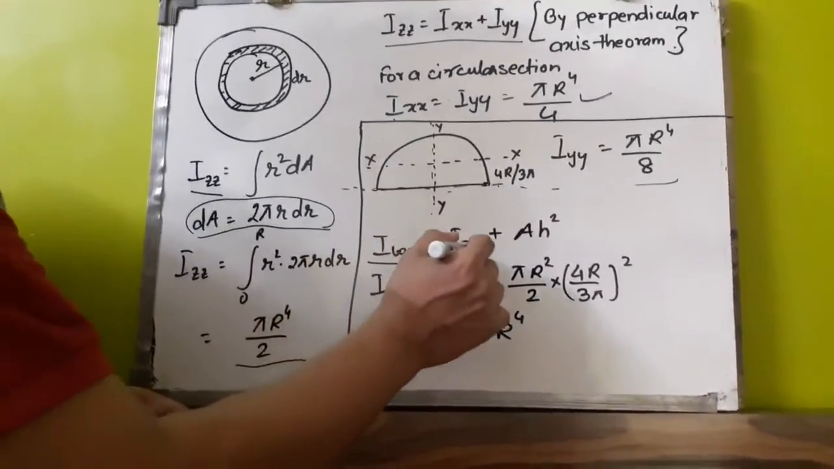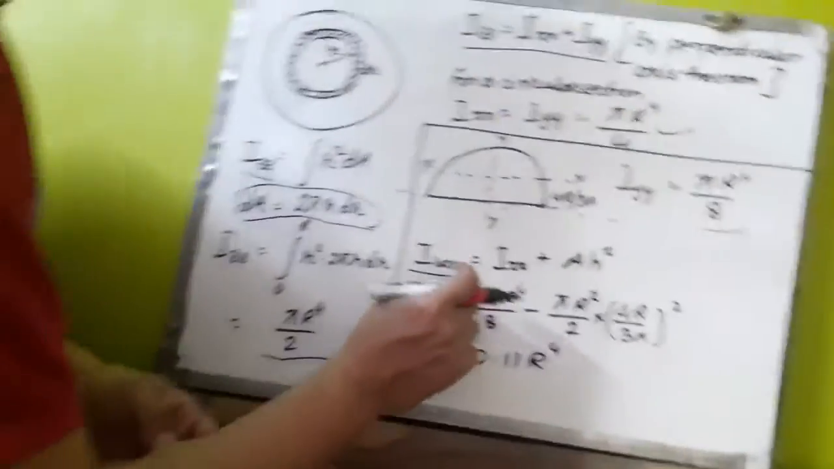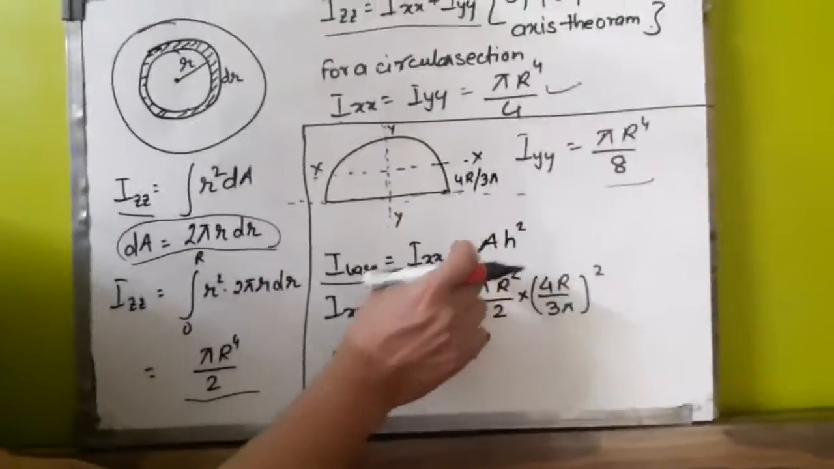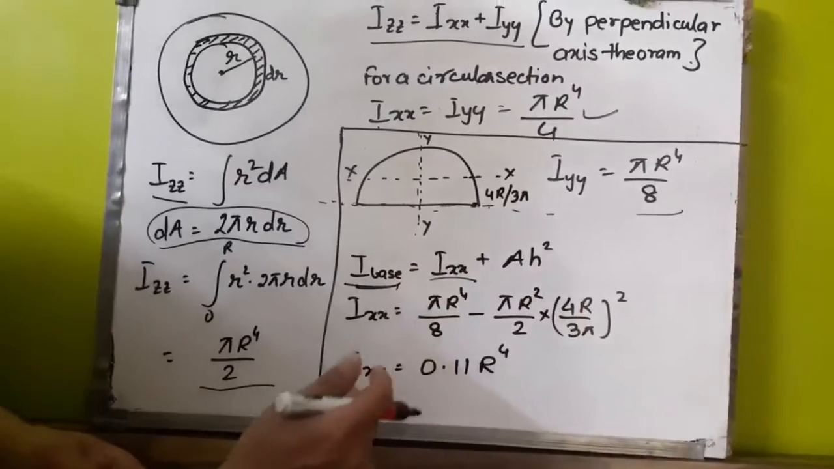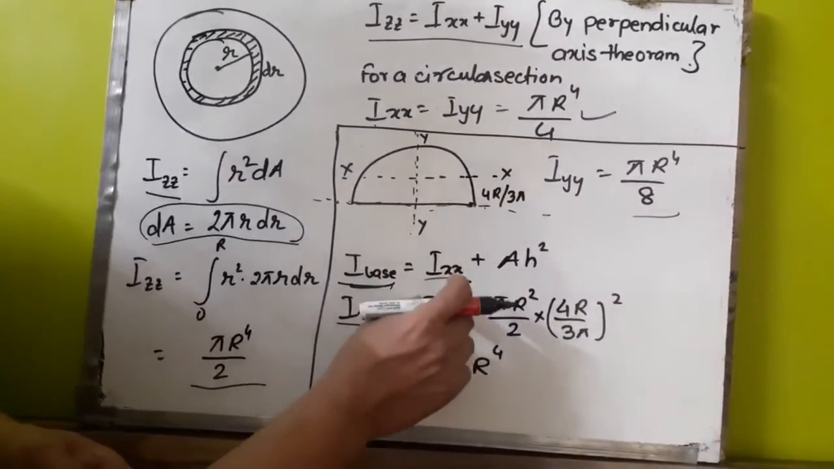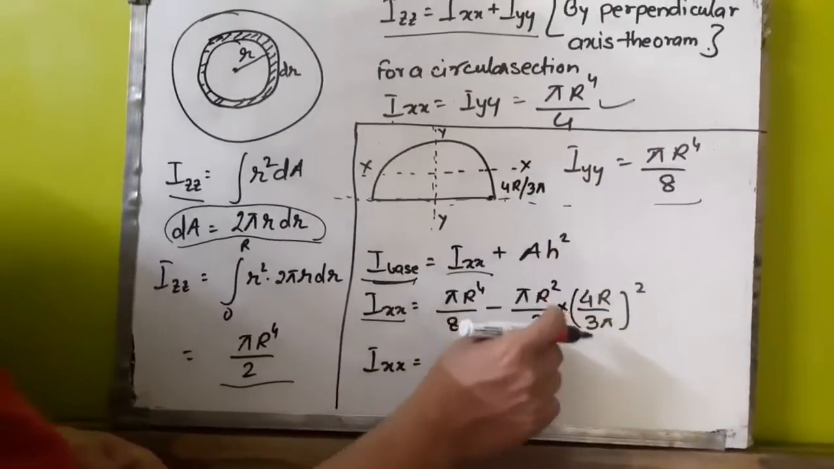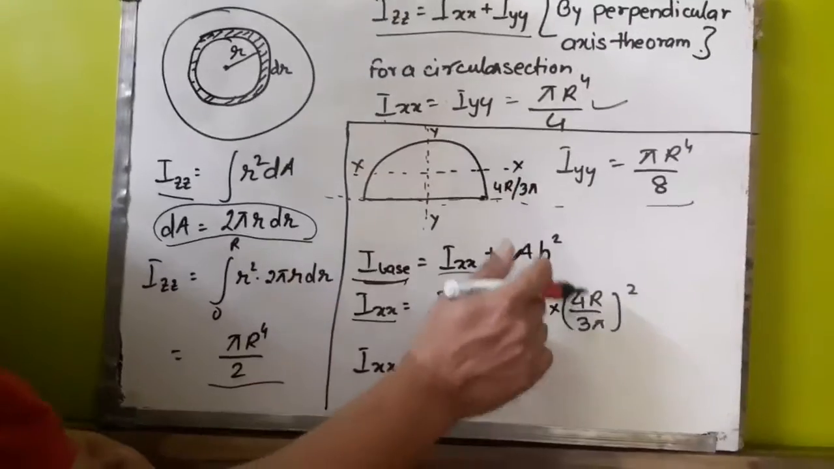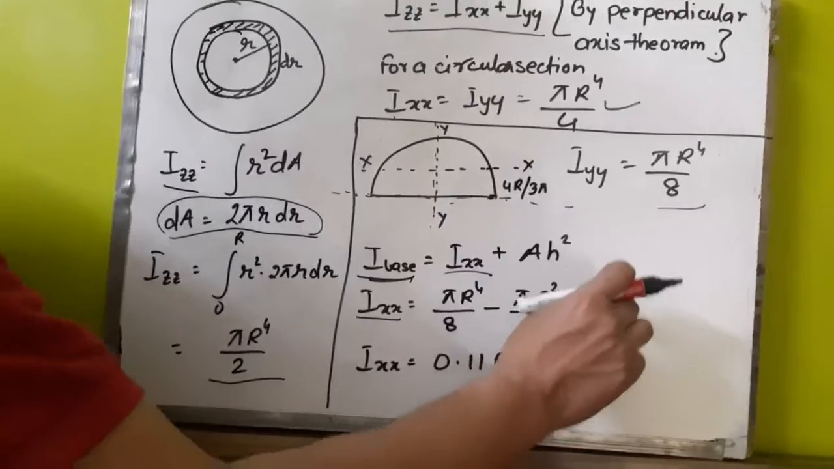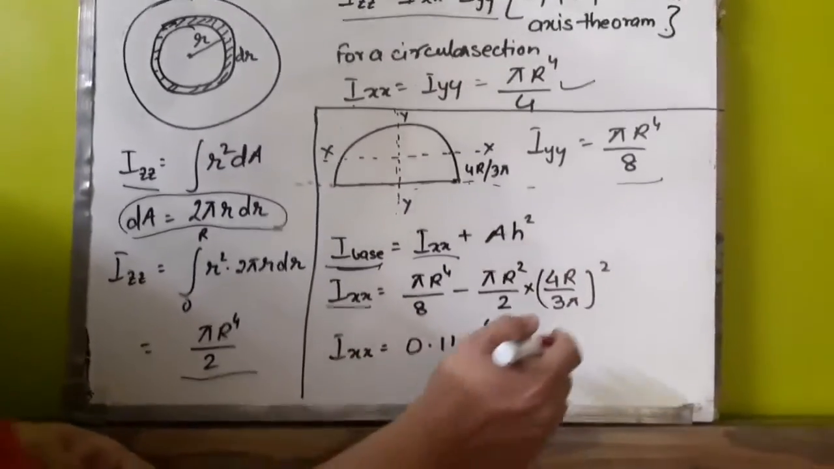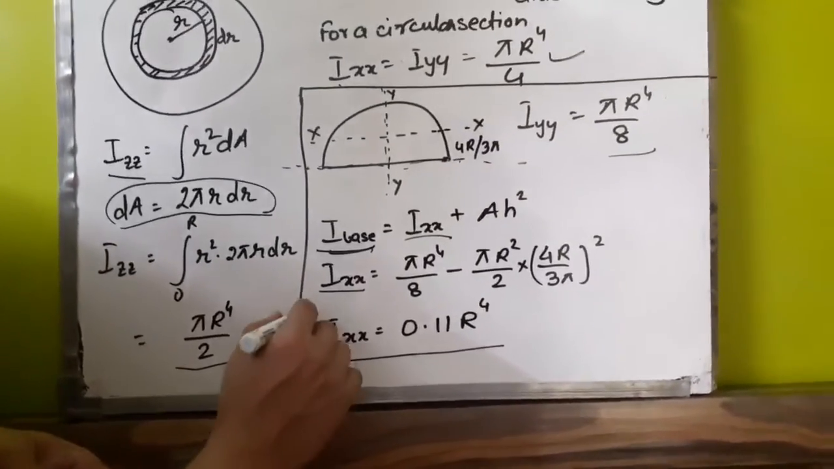So I base is equal to Ixx plus Ah square. If you put down the values, Ixx is equal to I base minus Ah square. We need to find out Ixx, because this we have already found out, and for this we need to put down the values. So Ixx is equal to pi r to the power 4 by 8, this is I base, minus Ah square. A is pi r square by 2, this is the area of the semicircle, multiplied by the amount of transfer. The amount of transfer is 4r by 3 pi and whole square. If you put down all these values, the value of Ixx comes out to be 0.11 r to the power 4,